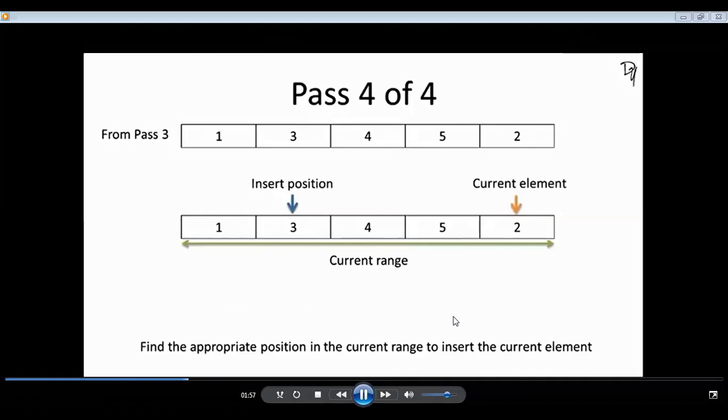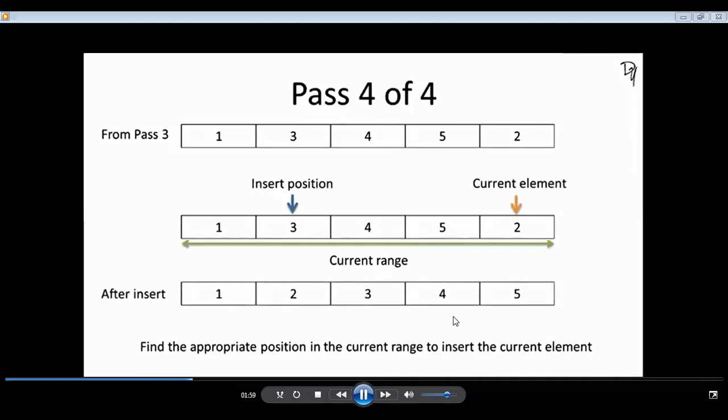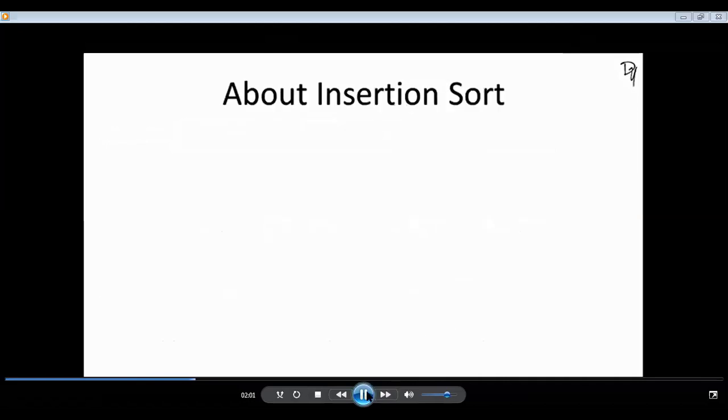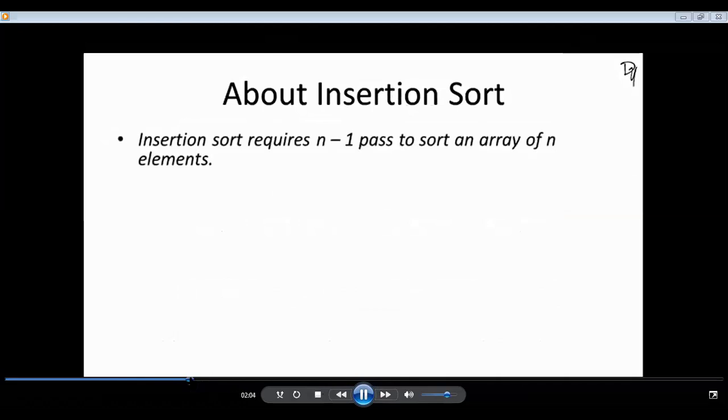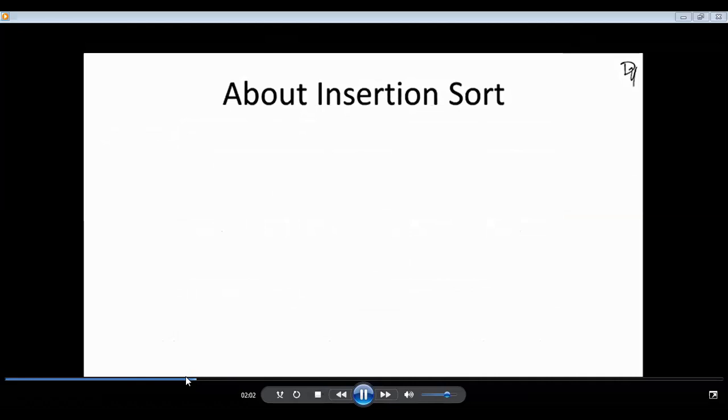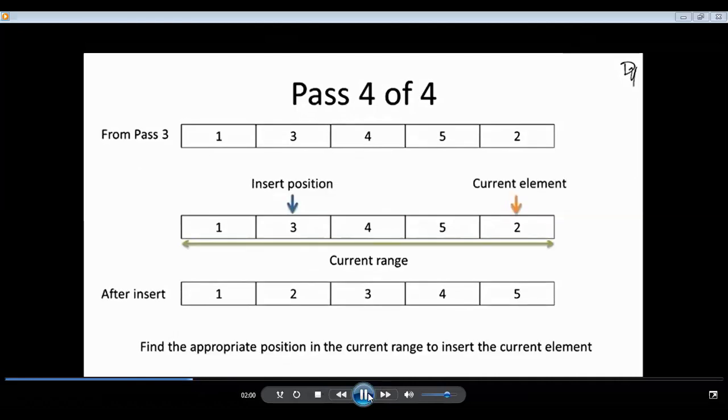I'm checking with each and every element one by one, and finally find the position where I have to put that element. So I'm just inserting this 2 here. That's all. Keep in mind here we are not doing any swapping at all. Fine. We are just putting that element in that position.